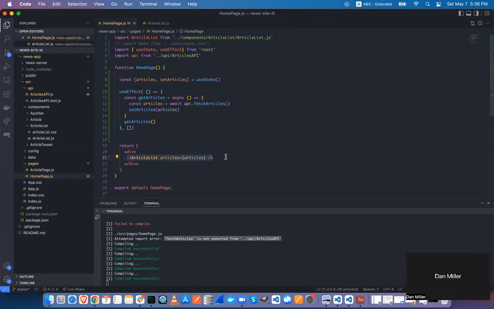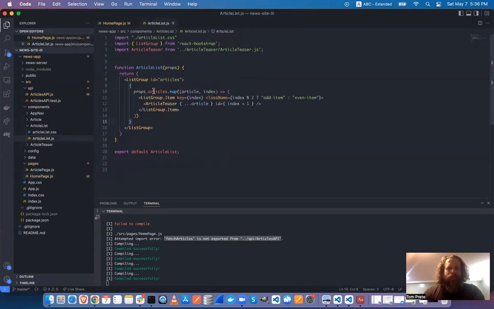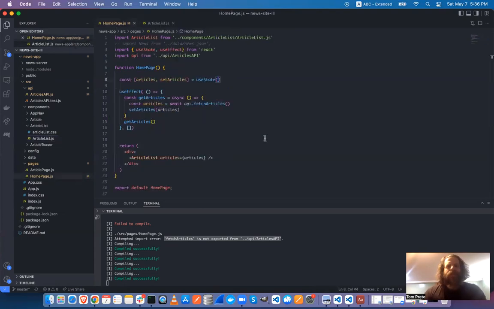Was this where you had to add the conditional so it doesn't throw an error because it tries to render it before it can complete the API call? Yeah, thank you. So the first time it renders articles, since I haven't passed it anything, it's just undefined. And then in articles, when I pass it down, it's expecting something that can be mapped over. You can't map over undefined. So there's a couple ways we could handle that. I'm going to use a conditional, so if